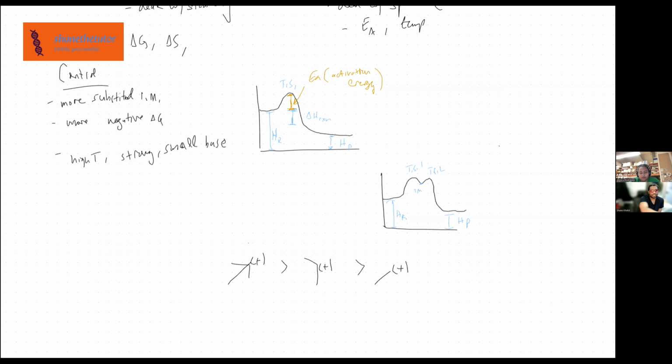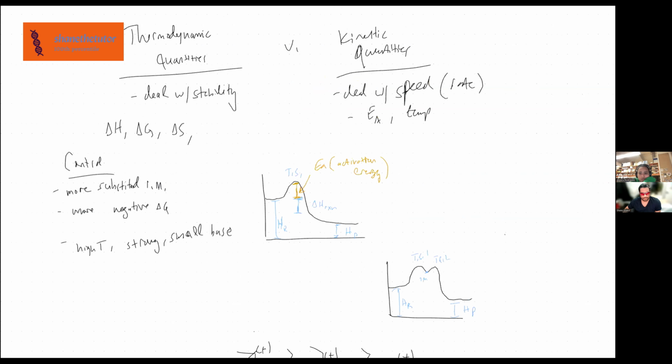And this is just for aldol, by the way. It's not everything, but it's close to everything. When I say small base, I mean it's not bulky, right? So these are things that help cause a thermodynamic control. Things that can cause a kinetic control would be less steric hindrance,